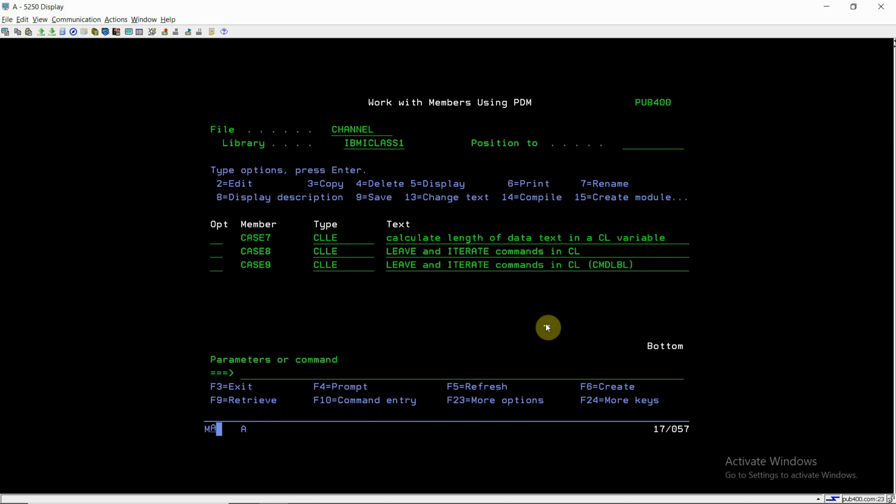Then we will exit from the inner loop, not the outer loop. If we use the leave command in the outer loop, we will exit from the outer loop. But we can control that using a command label parameter.